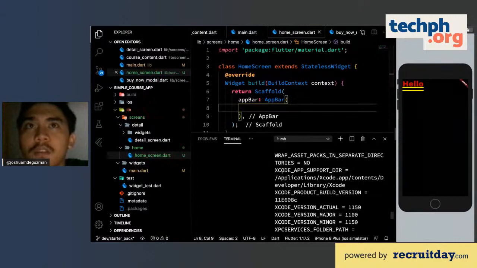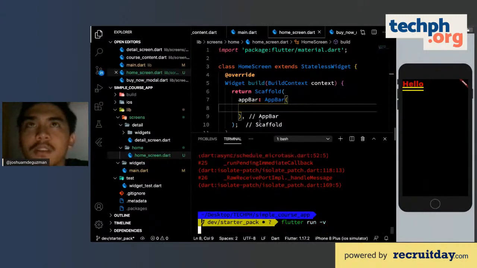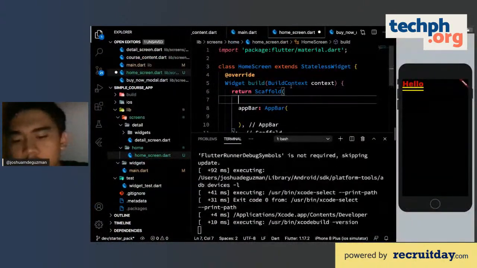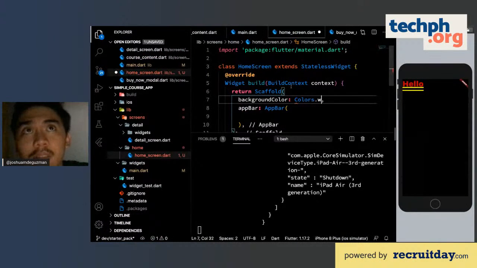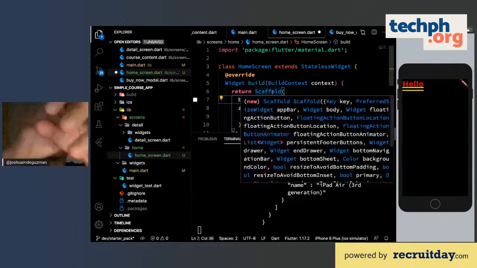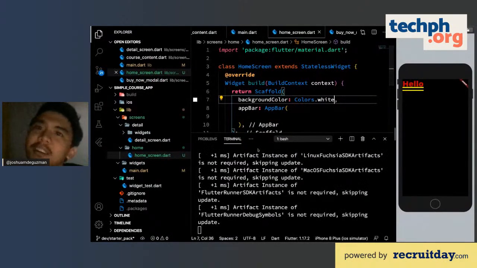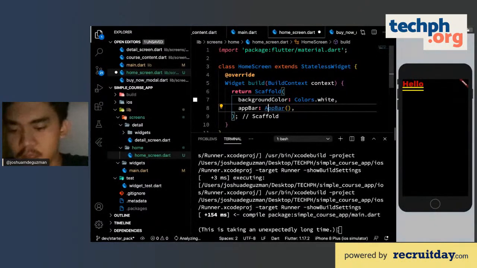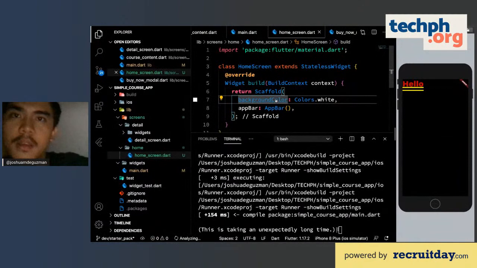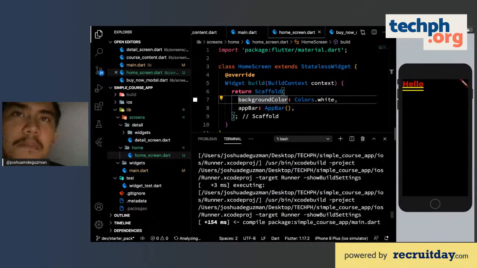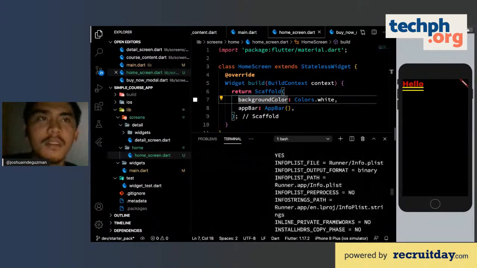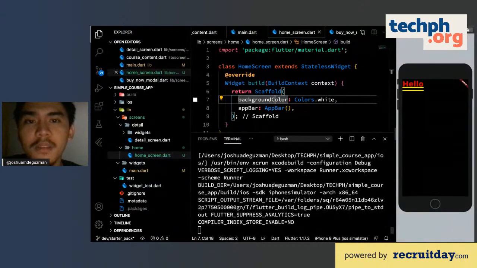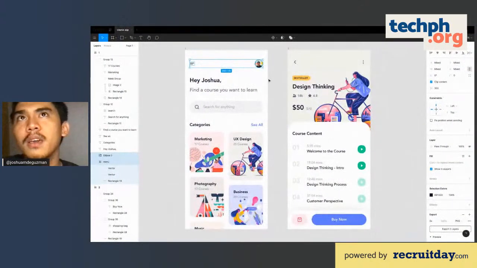And as we try refreshing this, just try running that. The background of this one is white, so we'll just try to add the scaffold color to white, and we'll see the effect of adding upper in a bit. Oh, it's running again. So there was an error a while ago. Again, this just happens on my machine because I probably haven't restarted it for a while now. But I guess some of you who are already following this course can start doing it.